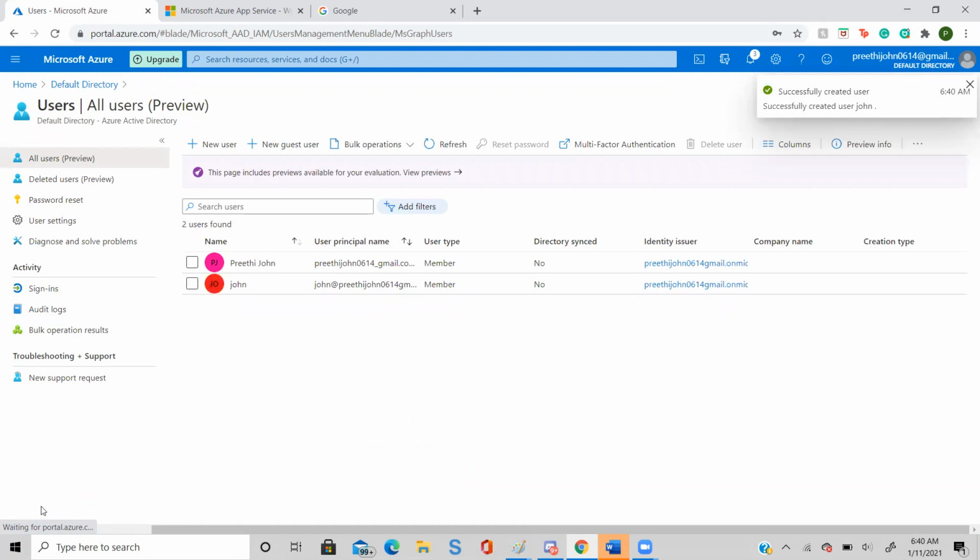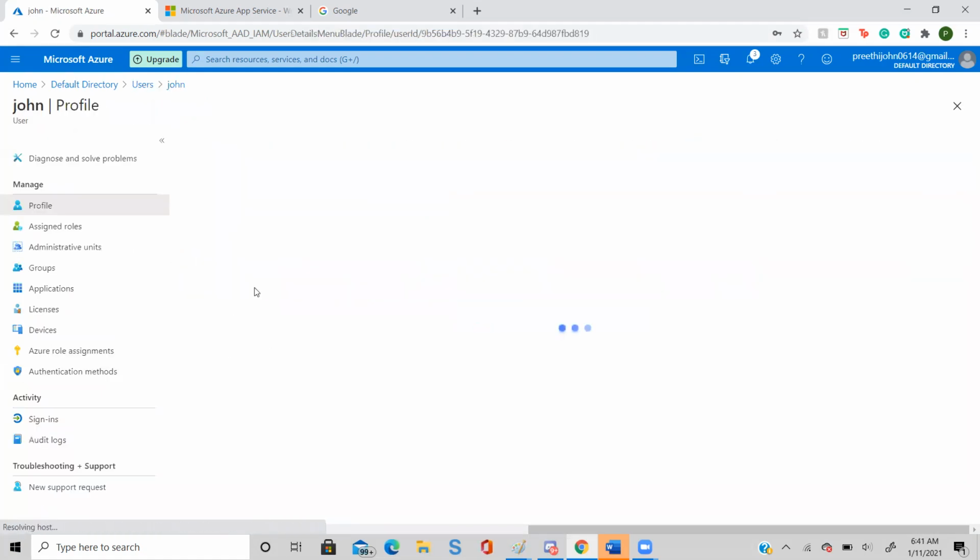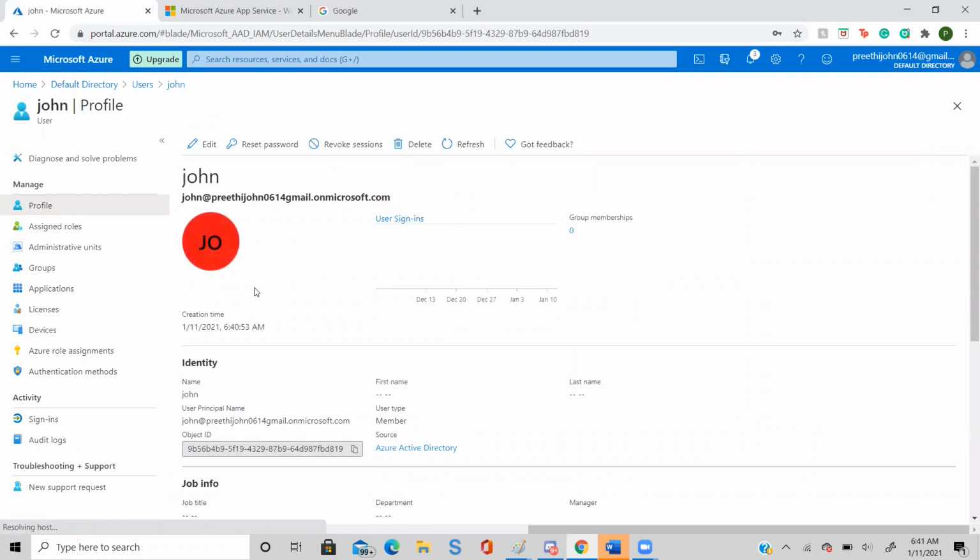All good now, right? Just click this username. Copy the username from the top. Why is it taking so long? Because you do not have your own domain, right?